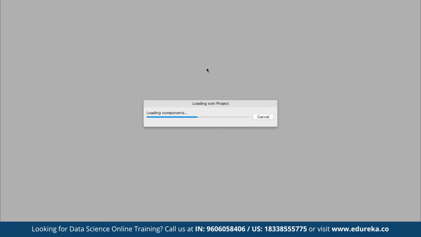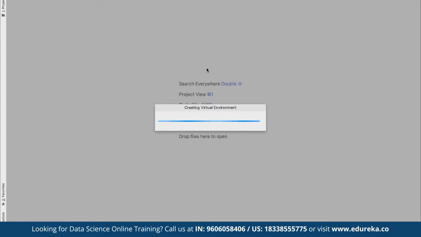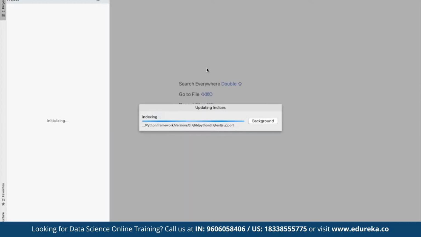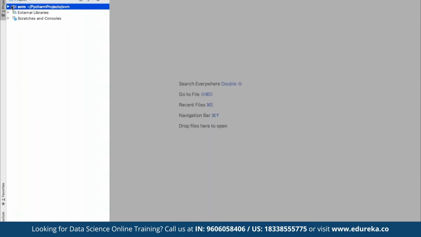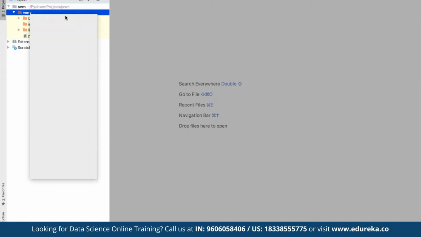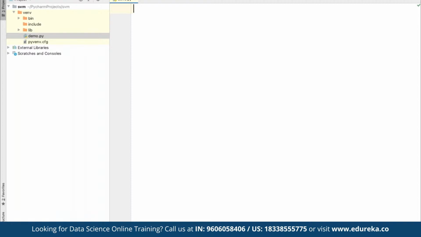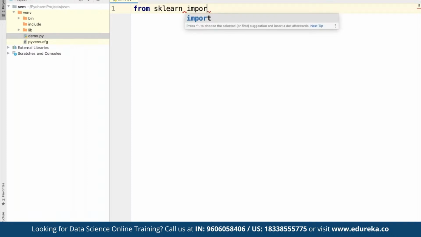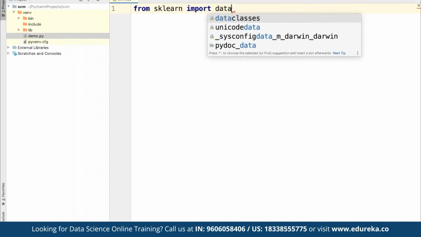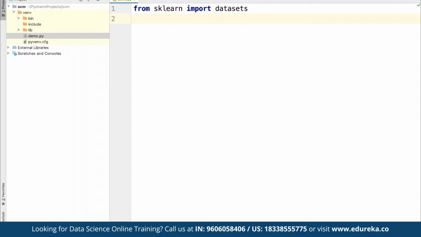In case you don't have access to PyCharm as of now, you can go ahead and download the community version, or we can use any other IDE as well if required. Once we are in the project, we can create a new file altogether. Let's name it demo file. First of all, we are going to work from the sklearn library, so we use from sklearn to import the datasets. There are some sample data sets available under the sklearn library itself.